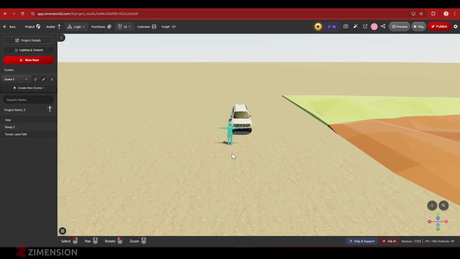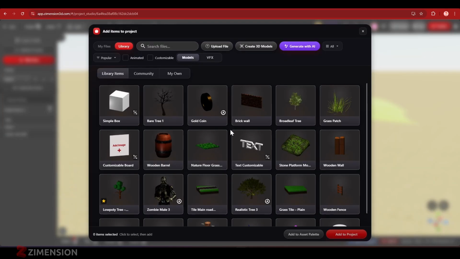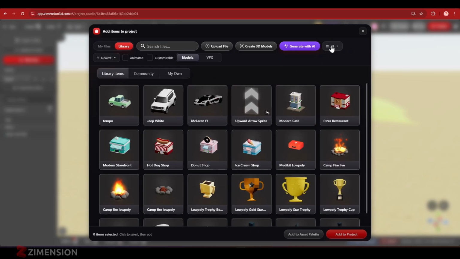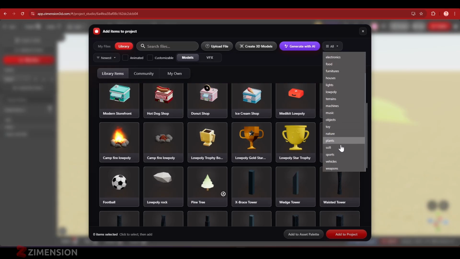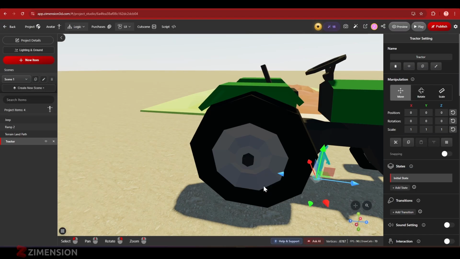So yeah, that's how it is. That's how simple it is. But what if you want to put your character inside a vehicle, right? So let me find some vehicles from the library. Okay, so there are all sorts of vehicles. For example, if we have a tractor, okay,